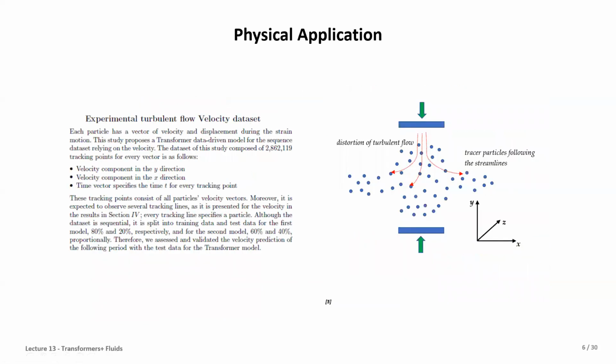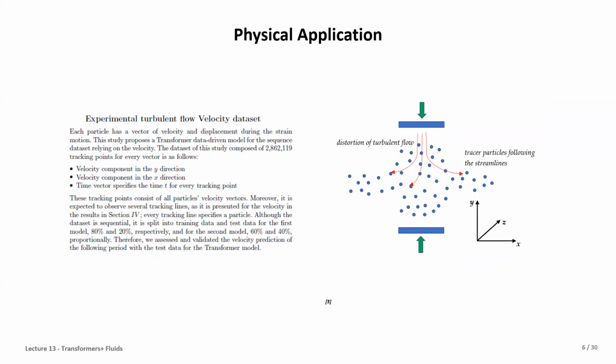Let's have a physical example. In our recent study, we applied the transformer model for turbulent flow data, which in this case is turbulence flow under a specific condition. These data were extracted from an experiment, which flows with a specific Reynolds number, and it